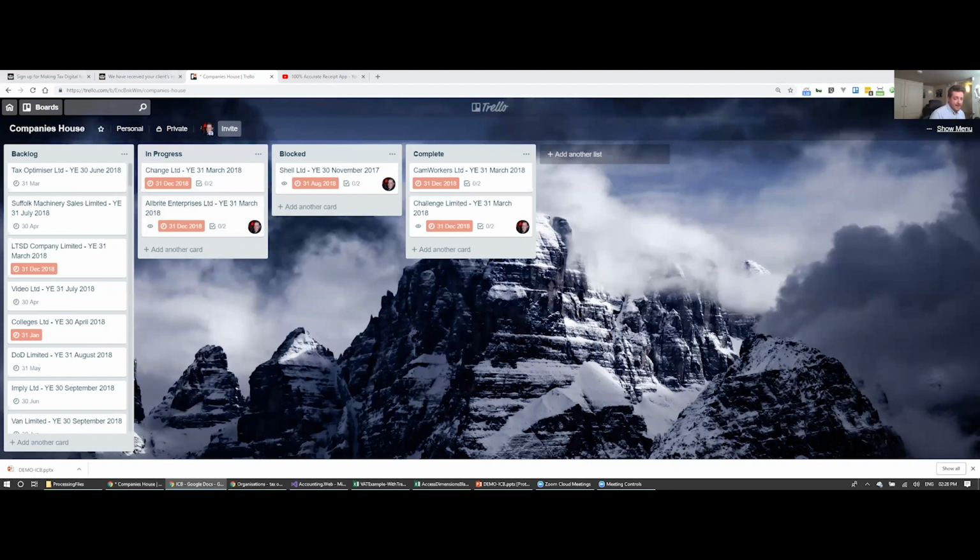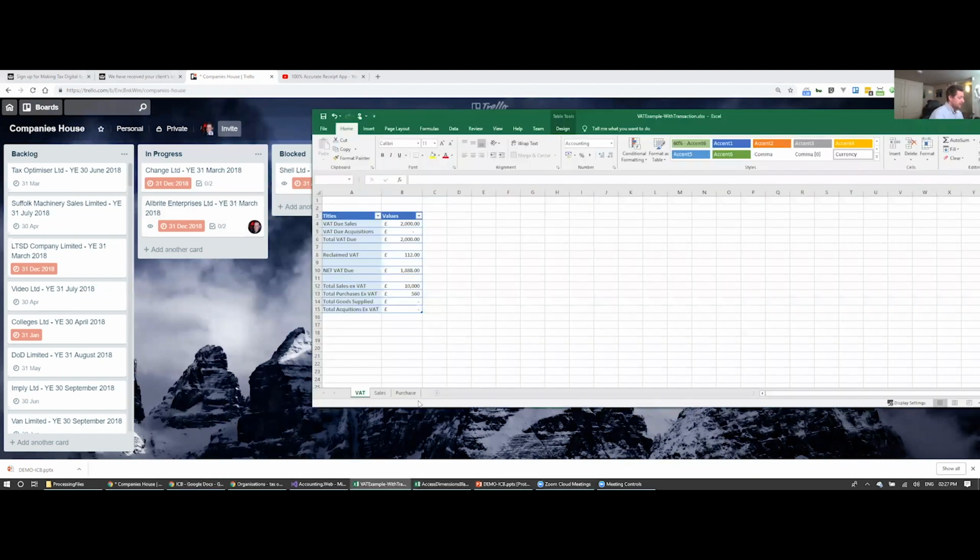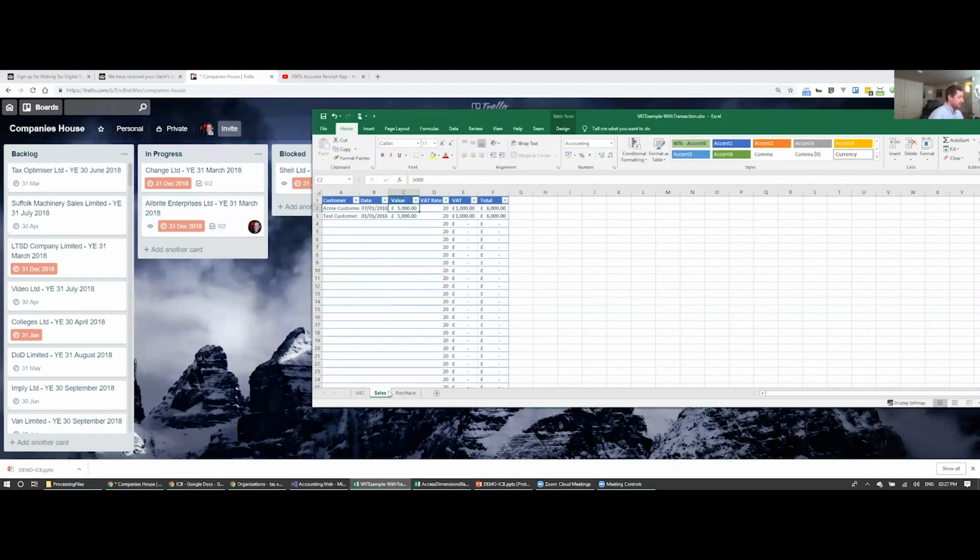And a lot of other people are asking, when will they need all the transaction data? And at the moment, speaking to them, they're not looking for the transaction data. So that's all the digital records. That's, if we go into here, all this data. They're not asking for that, and I can't see them asking for it for a long time. But I do see a massive benefit of them doing it, and I could go into a lot of detail about it. And I've got a short video which I can show you,